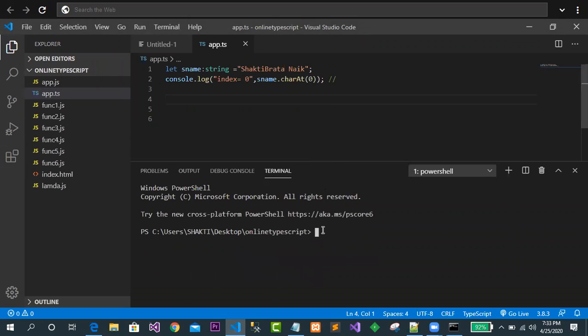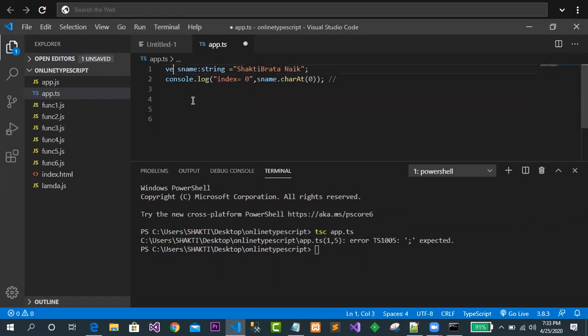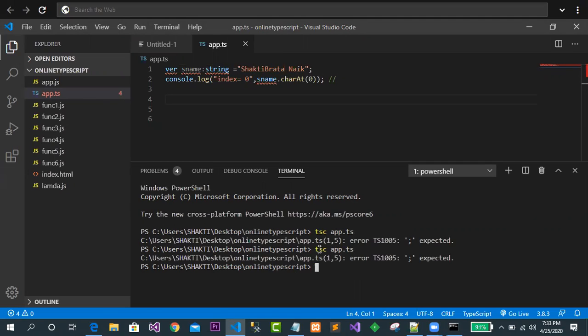Okay, so in here, let me just run tsc. So that is app.ts, being an error. Why is this being an error? Let me just go for this one as a var. So no doubt, it may be var or anything else. Can you please tell me, guys? Can you notice any error in that?